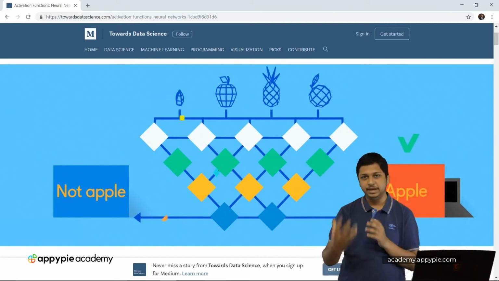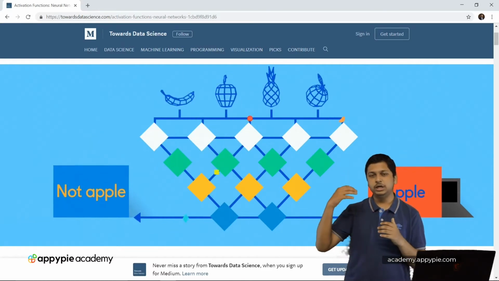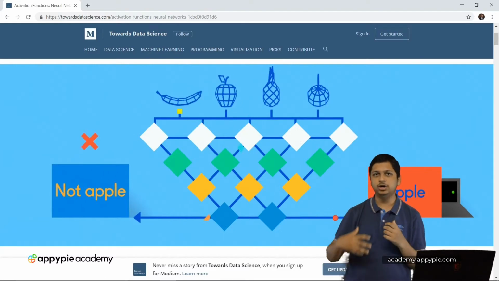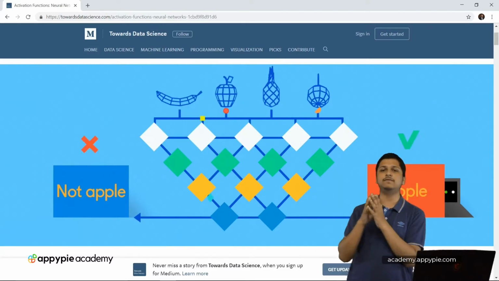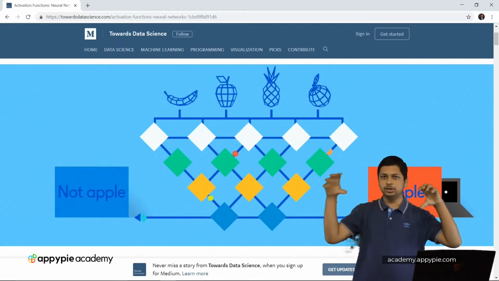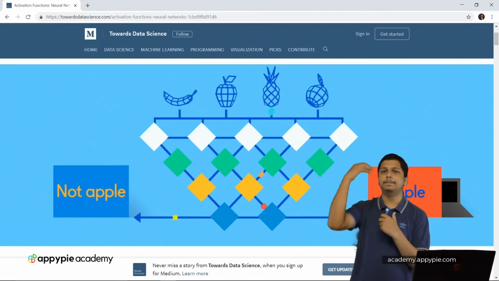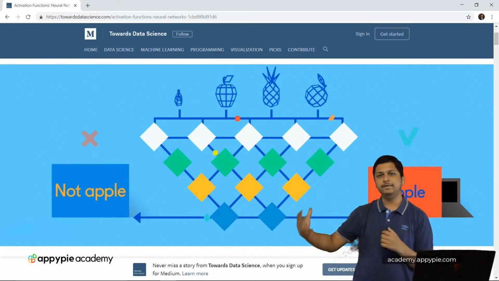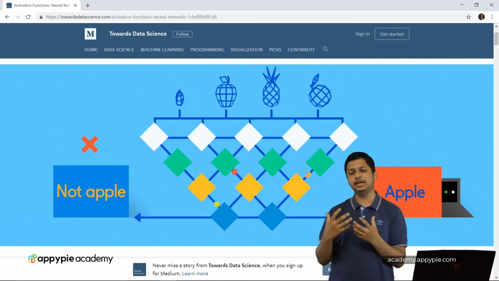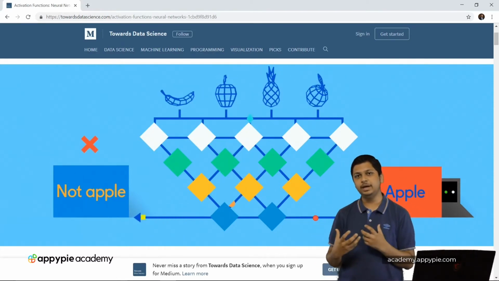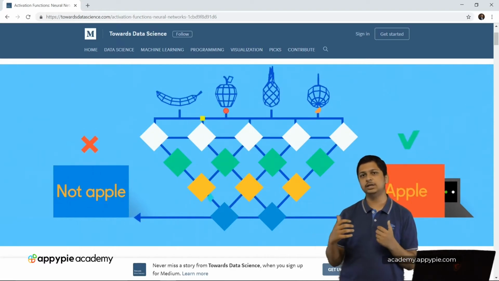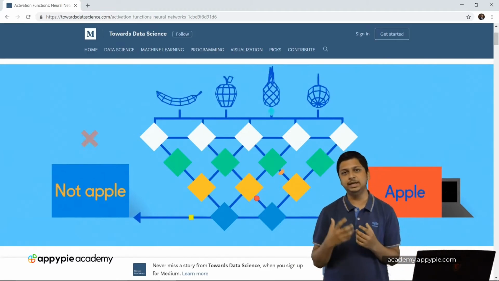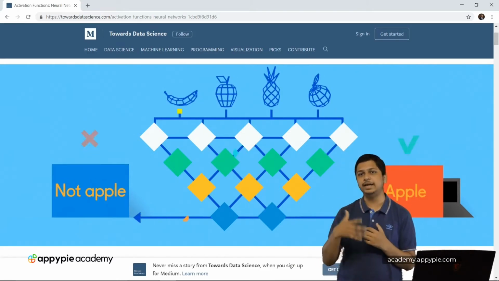So it is basically a function or a method which takes in an input, which is the weight or the value of all the neurons which have fired before connecting to the corresponding neuron. Based on all of that input, it does some processing and then gives an output, which is a number that determines how the neuron will fire and be connected to the next neuron.